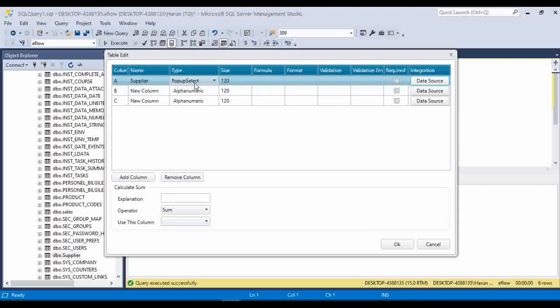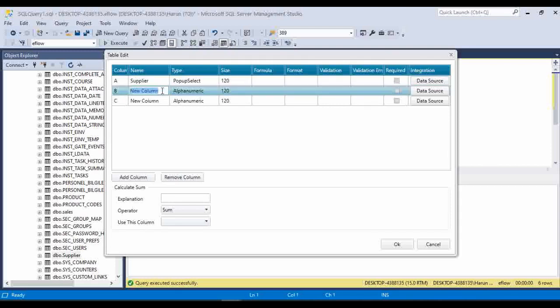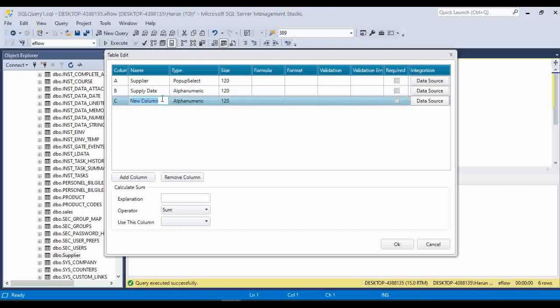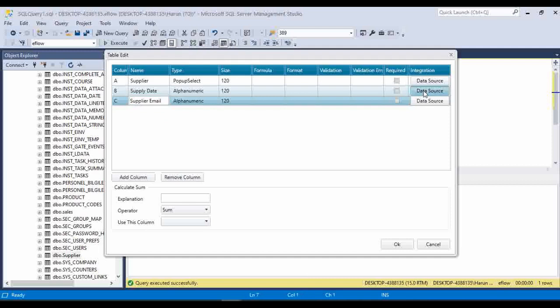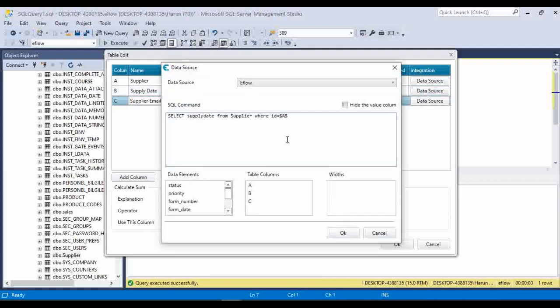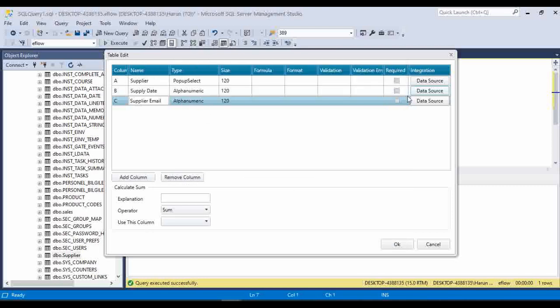Okay, so according to this supplier, we must be able to select the supply date and supplier email. So for that, the supplier selection will just trigger this. So I've already prepared the code for that. For example, for supplier supply date, I can use this query, but instead of using ID2, I will use the AID, which is the supplier. So I copy this query and I go to my data source, I paste my query, and okay, let's check, yeah,